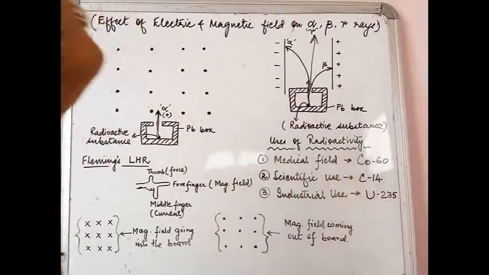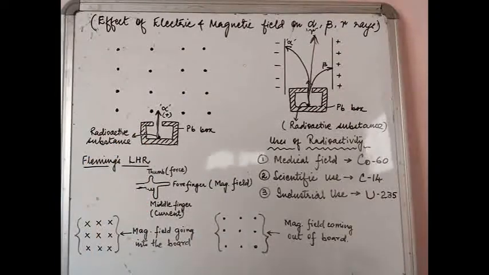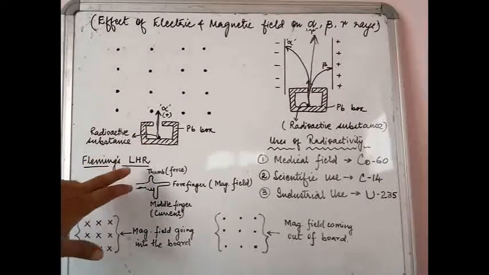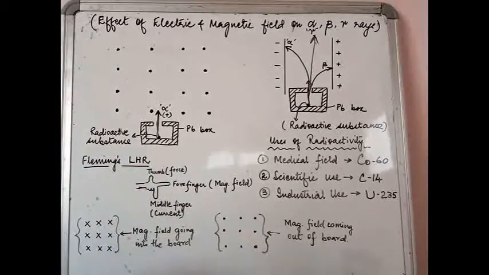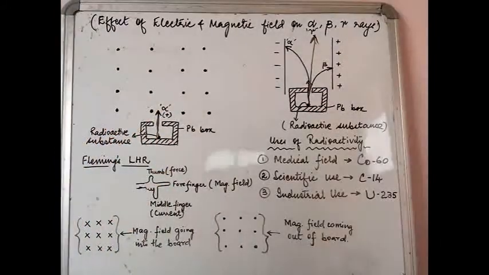So first thing that we remember is that these dots mean that the magnetic field is coming out of the board. In order to determine which way this alpha or beta will bend, we are going to apply Fleming's left hand rule. LHR means left hand rule. Now this rule you would have studied under electromagnetism, but since that chapter has been removed from the reduced syllabus, I am going to take this up extra so that you understand this particular setup. Without Fleming's left hand rule, obviously we can memorize it, but that is not the right way to learn. So we must remember Fleming's left hand rule.